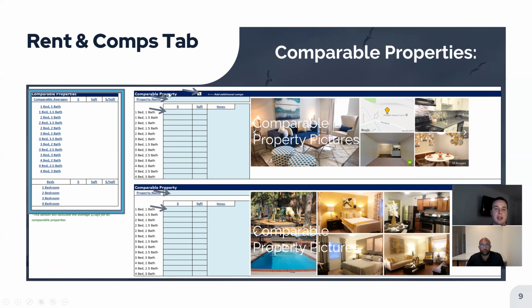I always put the property address and name up in this top property name box. And then I input the price and the square footage for the comparable unit that I found, right? So if I think I can charge $800 a month for a 1-bedroom, 1-bath unit, and I found a comparable that is $810 a month, I'd put that $810 in the dollar sign bucket, and then I put the square footage in the square footage bucket. That way it'll calculate a dollars per square foot for all of your comps